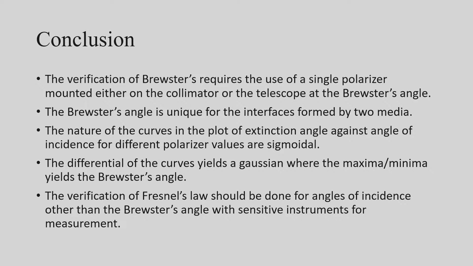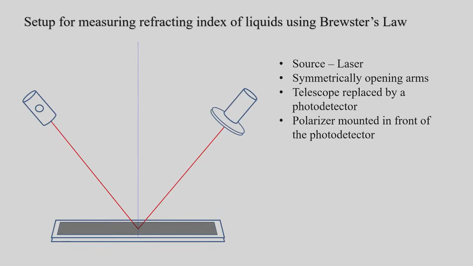So we came up with this idea of a vertical spectroscope having just a single polarizer mounted onto the telescope. The source is replaced by a laser, so there is no need of focusing it or using a condensing lens. Also, since the water cannot be rotated to get reflection, we thought of